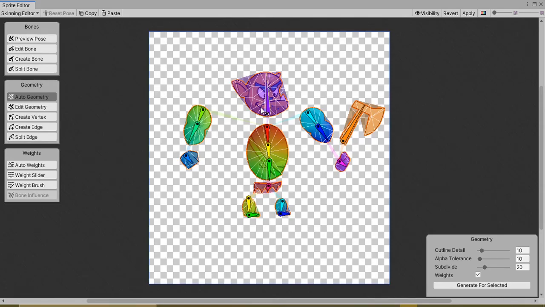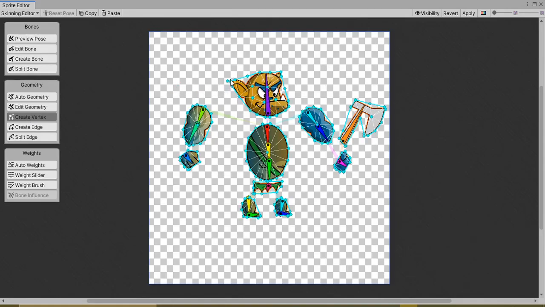If you are okay with the detail of the mesh, it's fine. If you are not, you can go ahead and create vertices and edges and all that stuff. I'll go and create some extra vertices here where I feel the mesh is lacking.